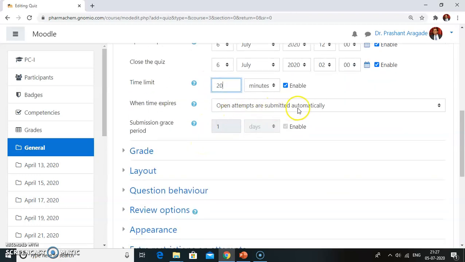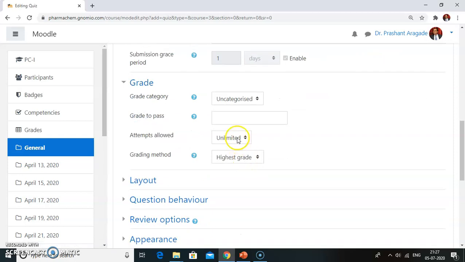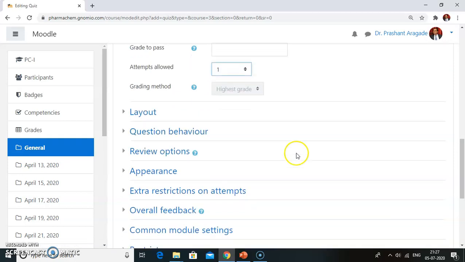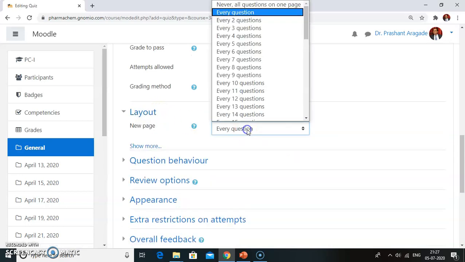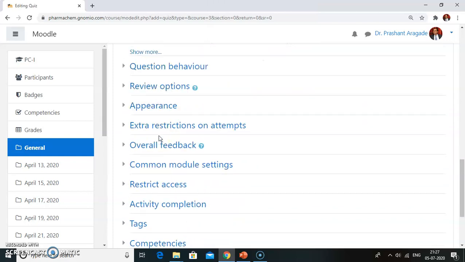Open attempts are submitted automatically. So those who are not able to attempt the questions within 20 minutes, their attempts will be automatically submitted. Then click on grade, select one attempt allowed, then select layout. So I will select every 5 questions, there will be a new page.